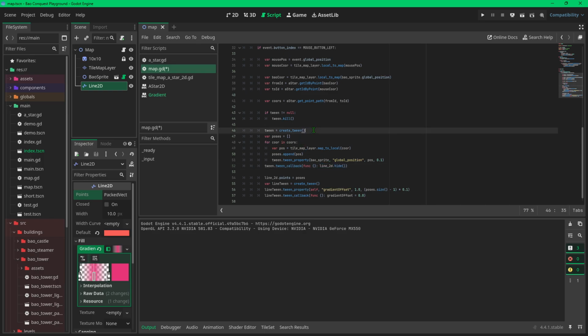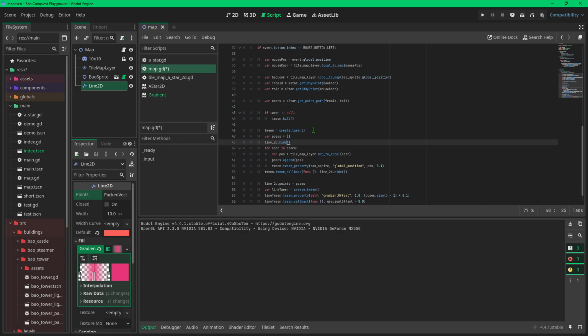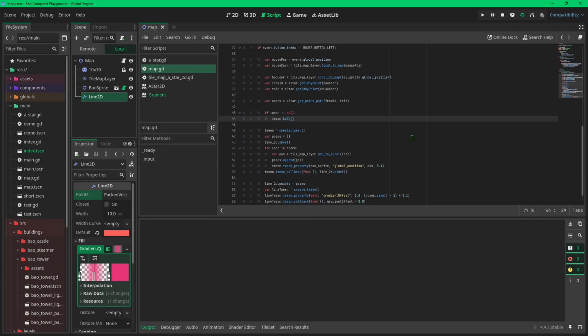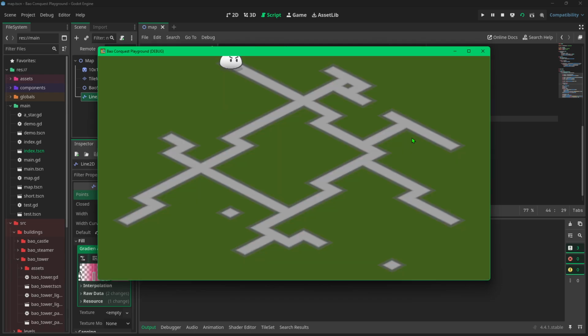Then we show the Line2D here. Let's test this, and now I click here. The bar moves along the line, and when it finishes, the line disappears. It's still not perfect.